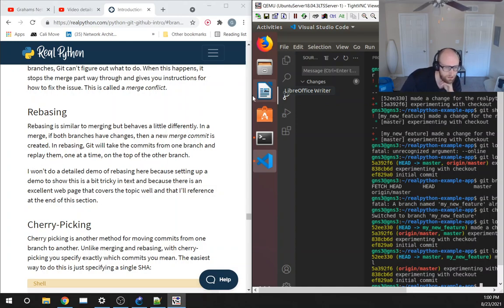Oh, okay. Let me read that again. That kind of went over my head. Rebasing is similar to merging, but behaves a little differently. In a merge, if both branches have changes, then a new merge commit is created. In rebasing, Git will take the commits from one branch and replay them one at a time at the top